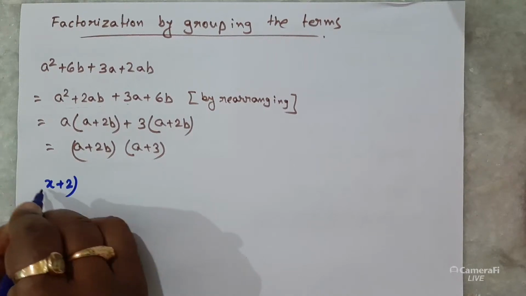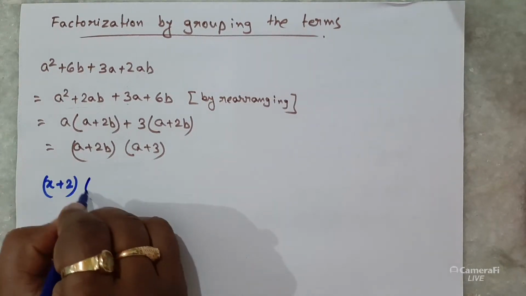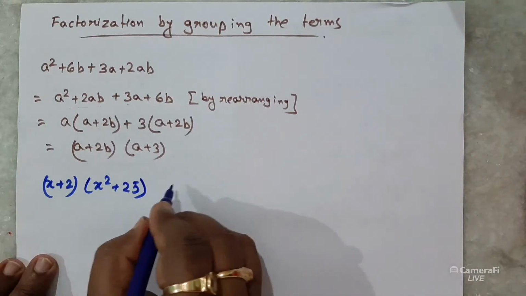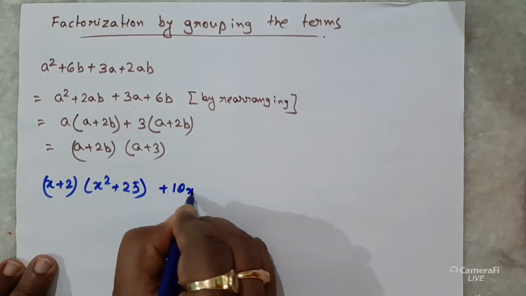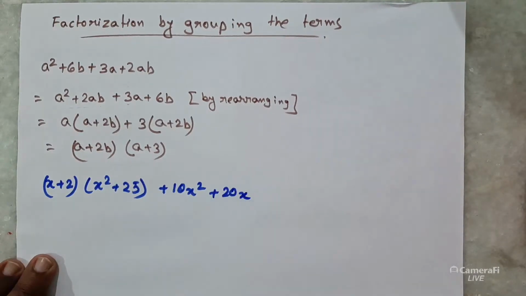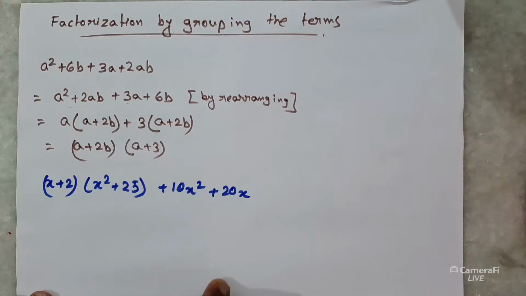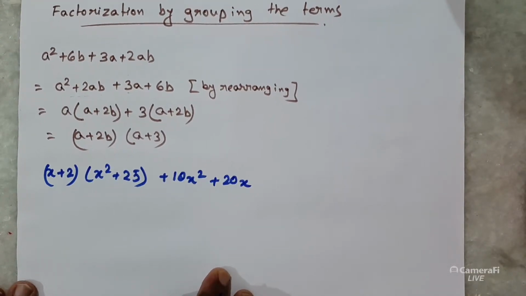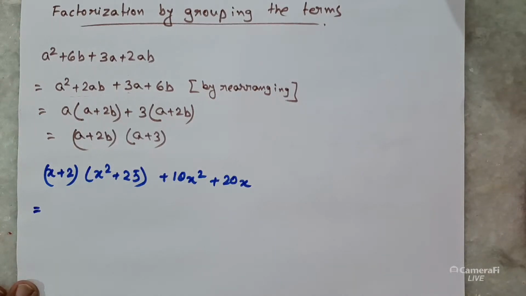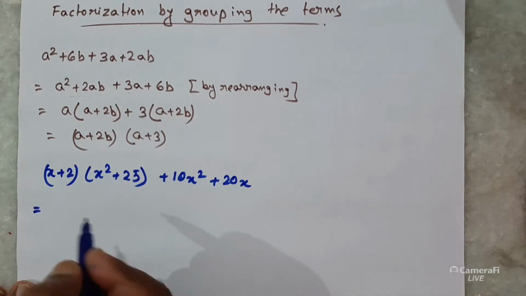x plus 2 into x square plus 25 plus 10x square plus 20x. This is our next question. How are we going to solve it? See, here